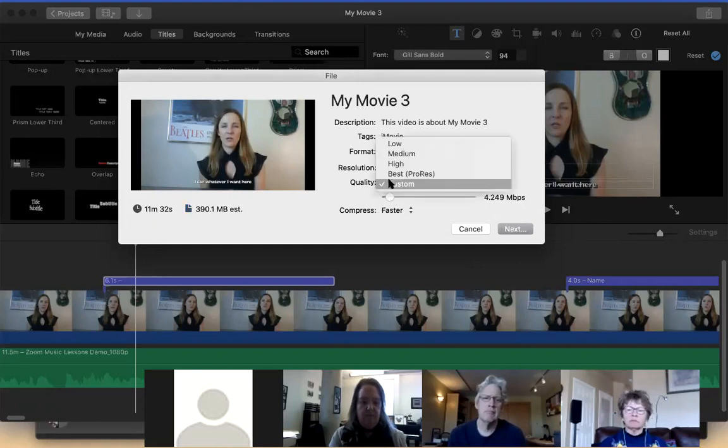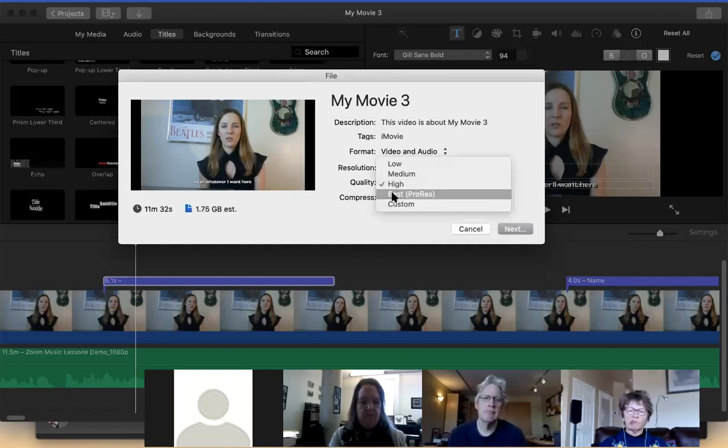You can also click it and select some things to something that works for you. If thinking about the slider is too much of a pain, you can always select one of these, and those will change your file size and the quality.